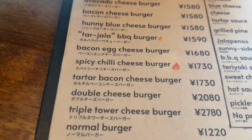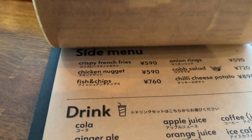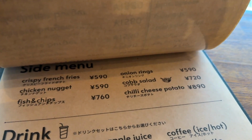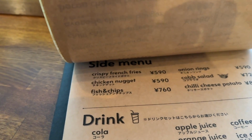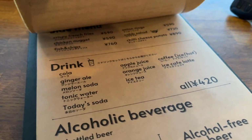They have a bunch of burger options though. Maybe when I come back to check out the spot, I'll grab something else. Maybe I'll get nuggets too, actually. I'm kind of on my fat boy stuff. Or Cobb salad. I just don't like egg in my salad. Alright, so we're gonna get chicken nuggets, fries, and the burger. And to drink, we'll grab some...